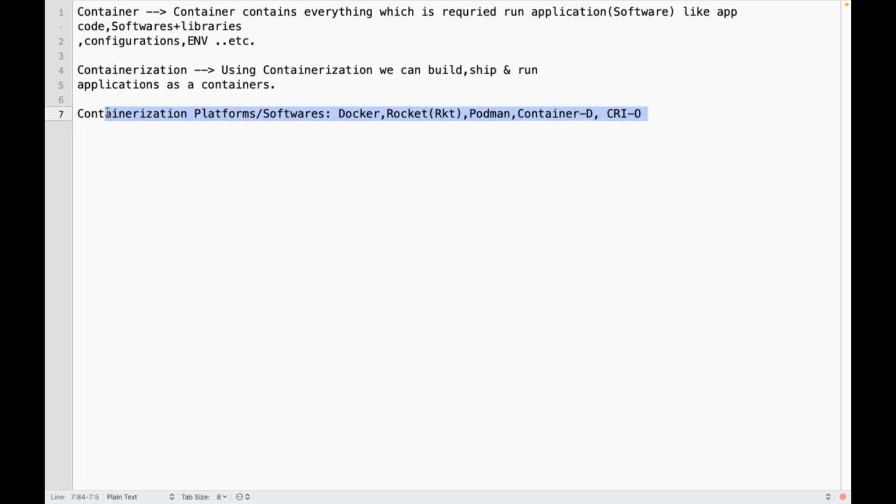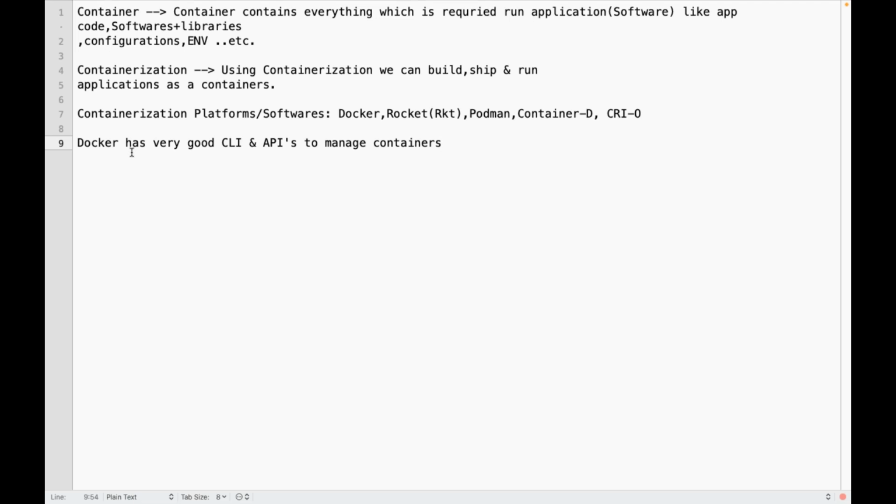The most popular and widely used is Docker. Why is Docker the most popular? Docker has a very good CLI and APIs to manage containers.